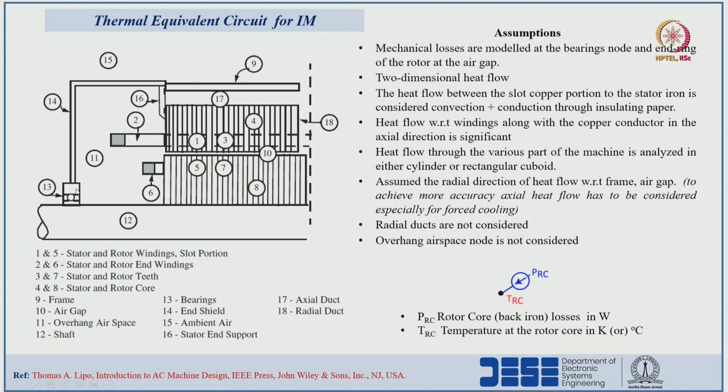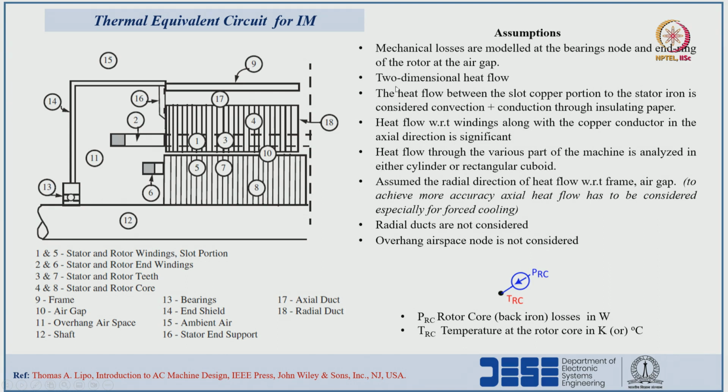So, at this node bearing losses are incorporated, and mechanical losses like friction and windage losses are represented at the end ring point and air gap, where the end ring portion of the rotor and the air gap region overlap. At that point the remaining friction and windage losses are considered, but the bearing losses are incorporated at the